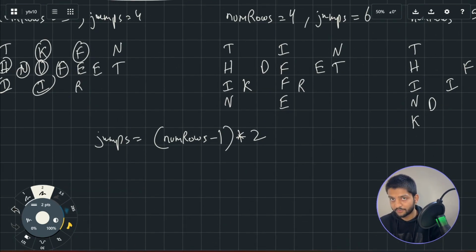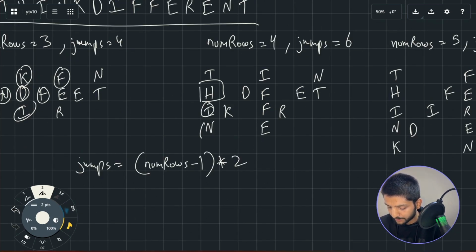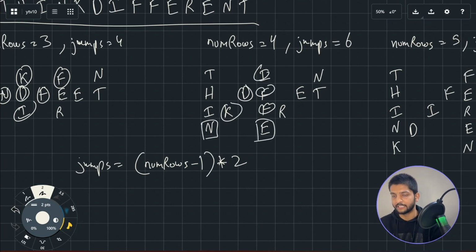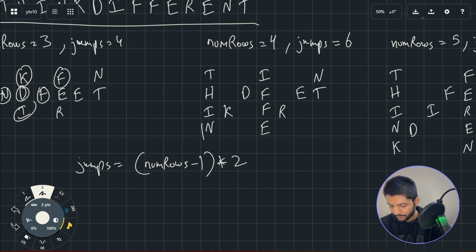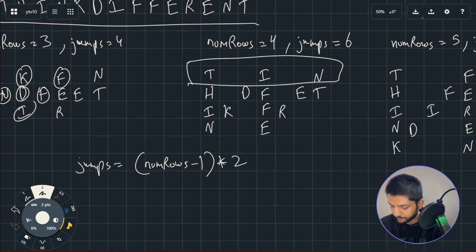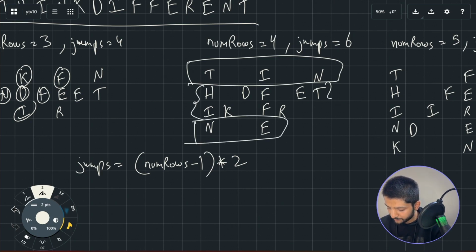And this is true for any given character in this pattern. So if I'm at H, I make 1, 2, 3, 4, 5, 6 jumps and I get F. Similarly, if I'm at N, I make 1, 2, 3, 4, 5, 6 jumps and I'll get to E, so that I can just directly print it. Now, this static jump of num rows minus 1 multiplied by 2 is valid for the first row and for the last row. But for all the rows in between,